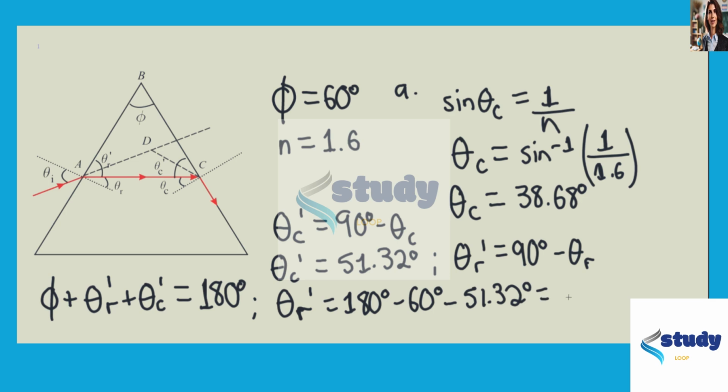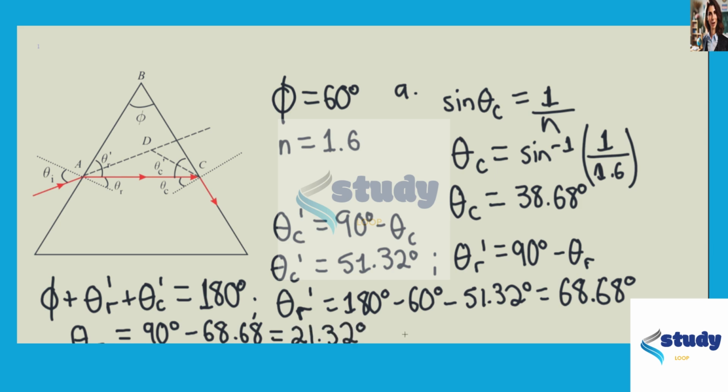This equals 68.68 degrees. And so the refracted angle theta sub R would simply be equal to 90 degrees minus 68.68,